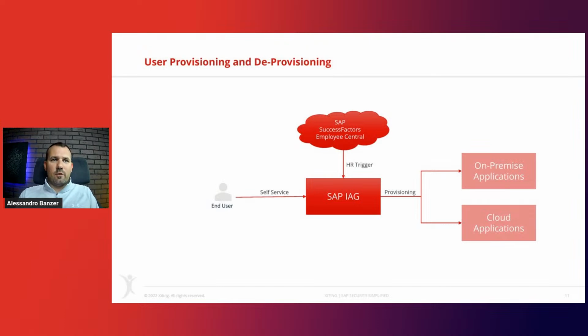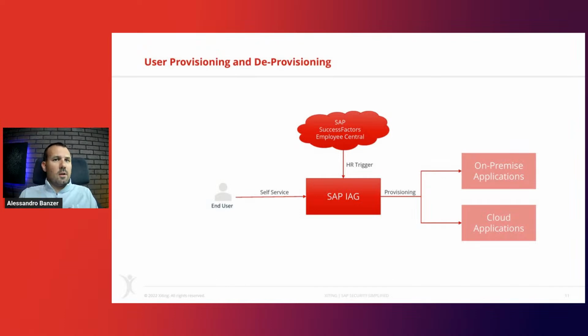we can provide workflows. Workflows are pretty straightforward. We can request something. And when I say we can request, that can either be an end user, where we have a self-service scenario, your user requests access because they're missing something, or it can be automatically triggered from HR, which means here's a SuccessFactors Employee Central, for example, from a hire or, when someone retires or job change. Those are events that we can use to automatically trigger a workflow in IAG.